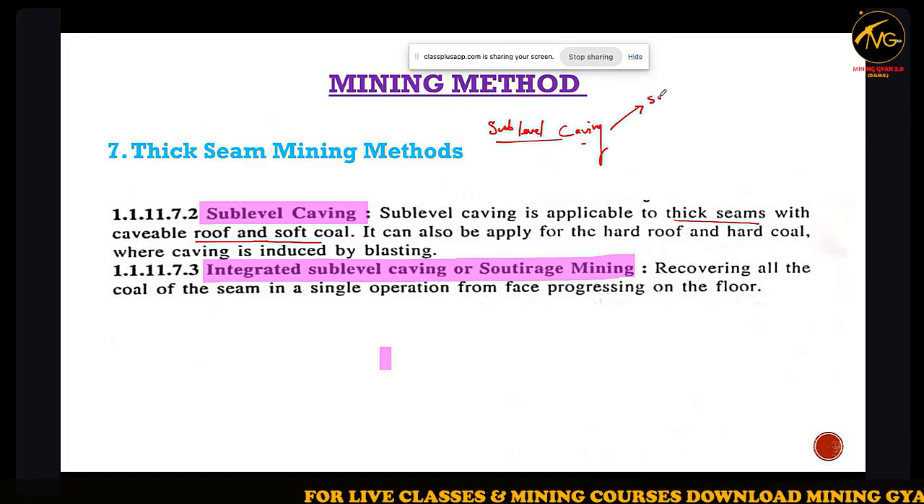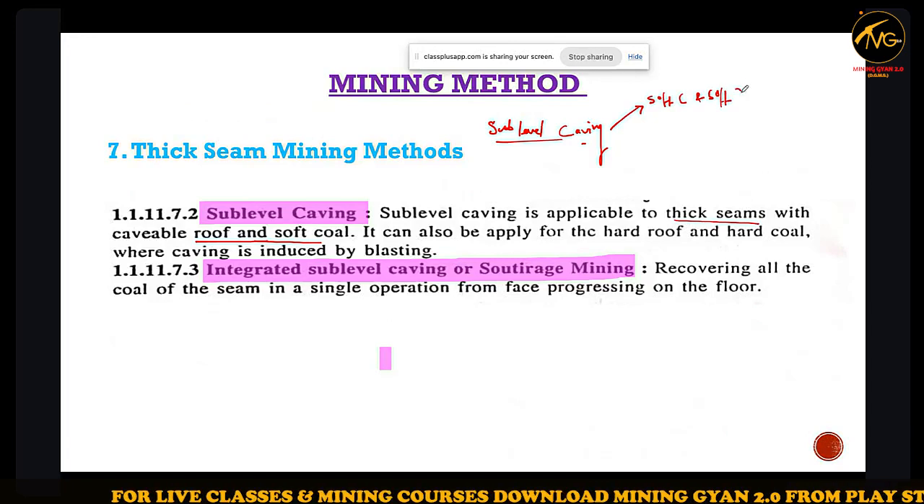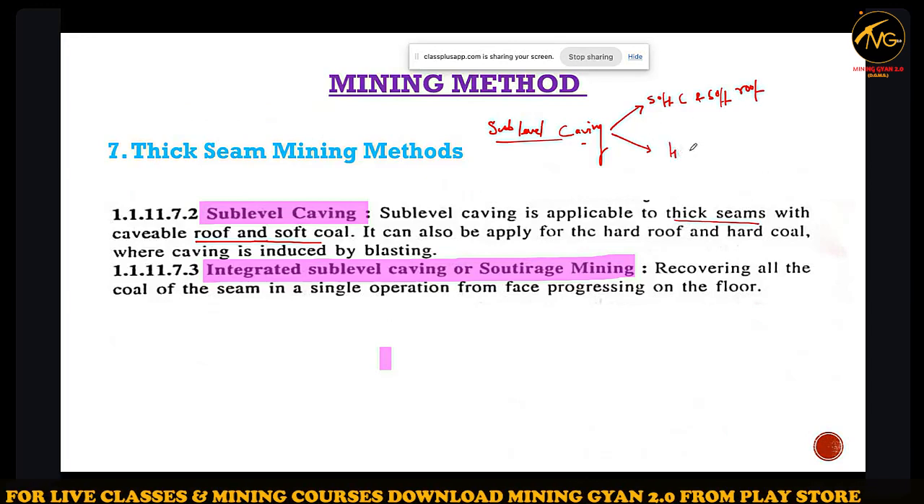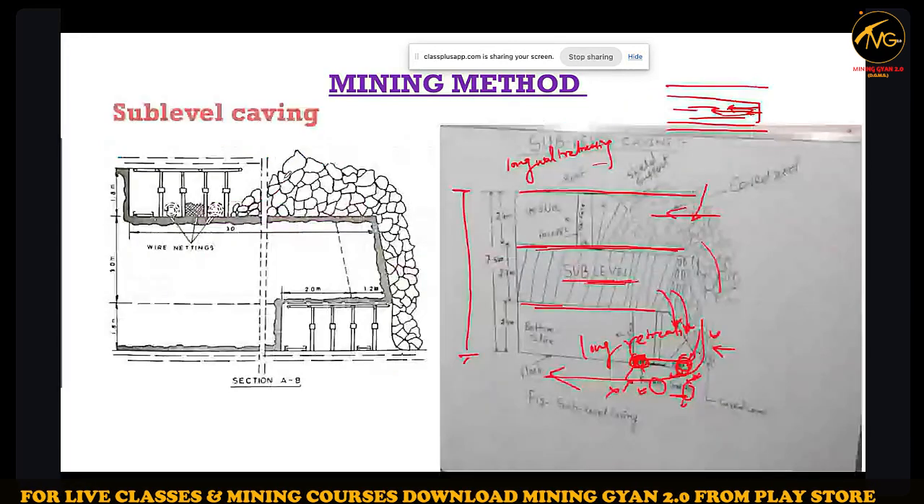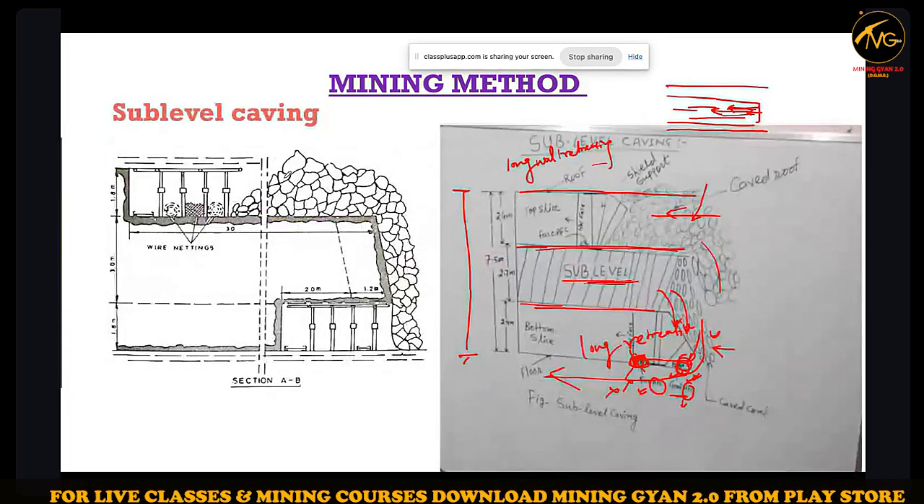If we have a soft coal and soft roof, or hard coal and hard roof, we will use sub level caving method. So यहाँ इतना ही है. I have explained the process. अगर फिर भी दिक्कत होगा तो लास्ट में you can comment, I will explain it again. Okay,